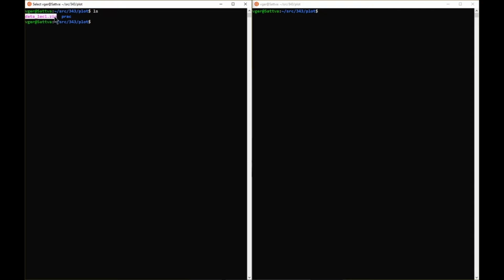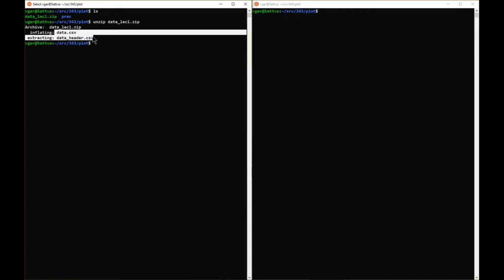It's labeled as the Lecture 1 data set, but technically this is Lecture 3. But in the time of doing this remotely and online, lecture numbers don't line up anymore, so we're doing what we can. Anyway, first thing, let's unzip our data file. There were two files inside of here, one called data.csv, and remember CSV is comma separated values, another called